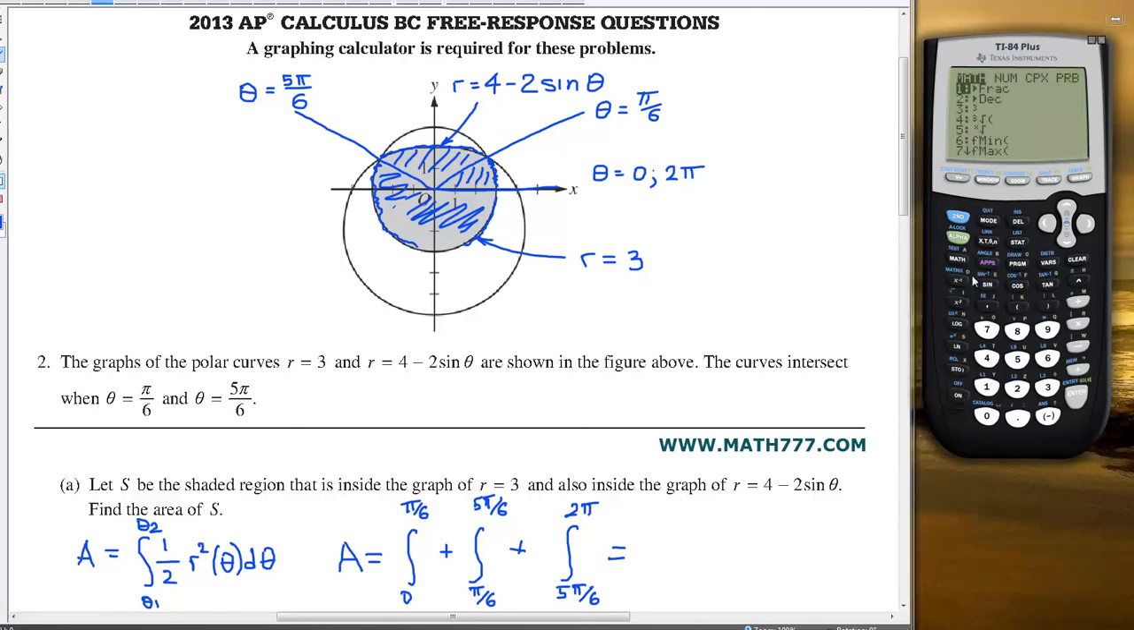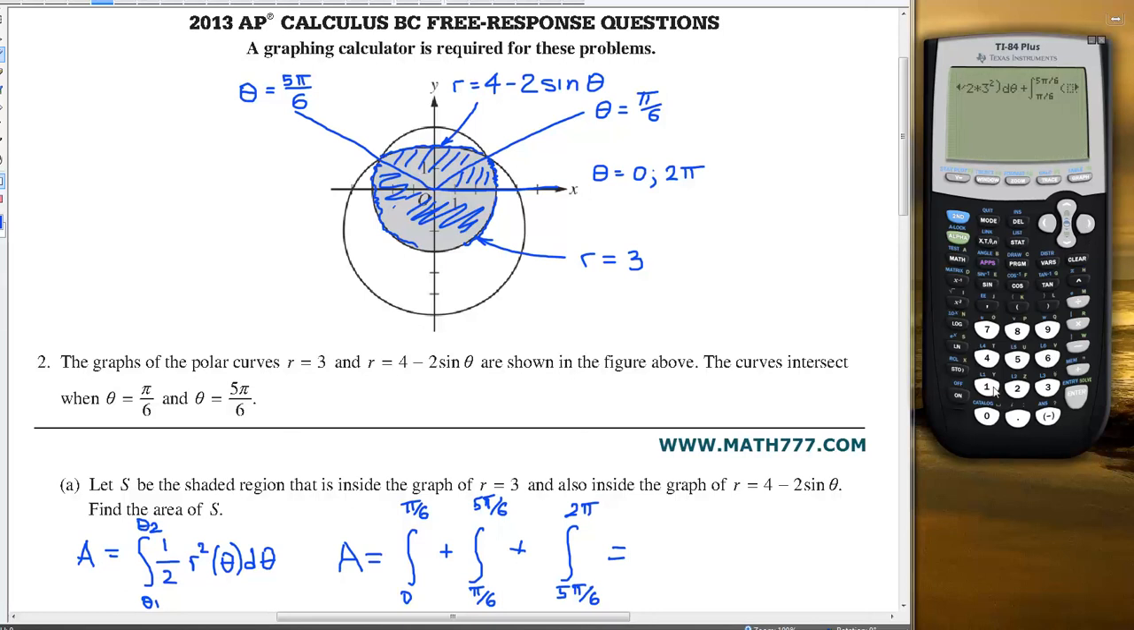So let's go mathematics, integral from 0 to pi over 6, function 1/2 times 3 squared d theta, that's the first integral, plus the second integral, mathematics, integral from pi over 6 to 5 pi over 6